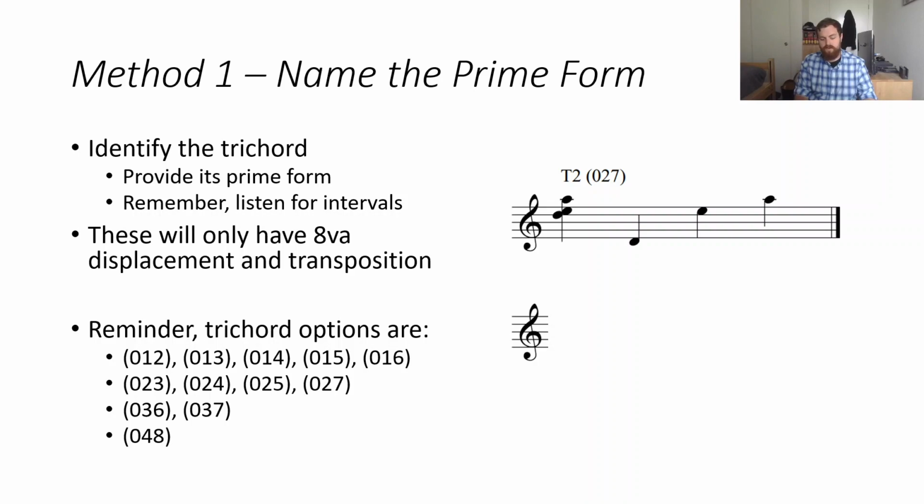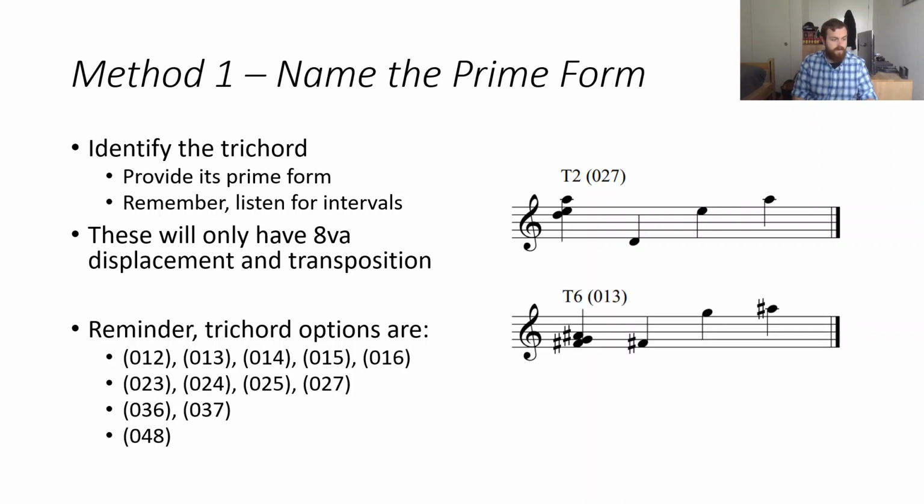So, if we take this down, we find that we do have an O1 of some kind. There's a minor second. That narrows it down to one of those 5 options. Hearing the distance from your bottom note to your top note is how you want to figure out that third integer. We, in fact, have